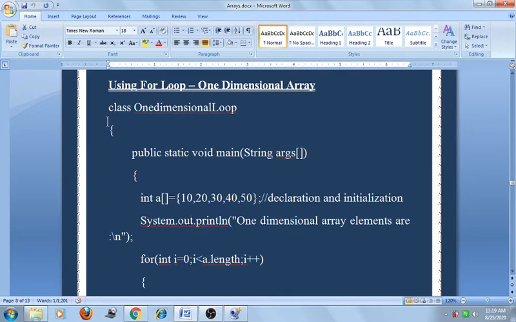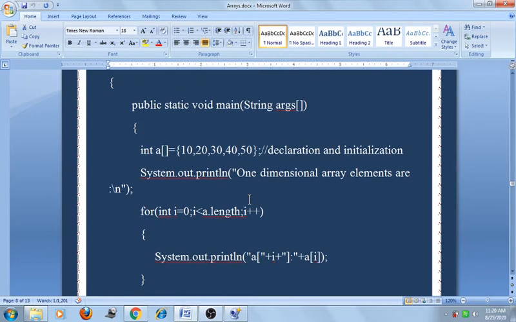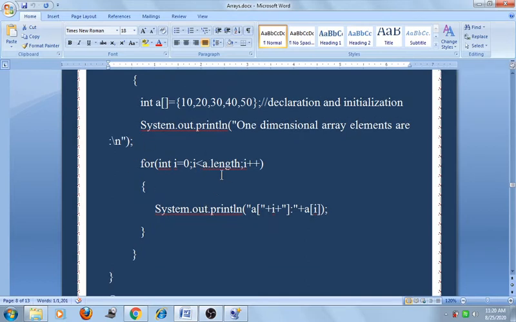So here in the class OneDimensionalLoop, in the main method I declare and initialize an array a of size 5, with the elements 10 20 30 40 50. Now these elements are accessed through the for loop, and here I print a of, plus i plus, is for concatenation, colon in double quotes, plus a of i.